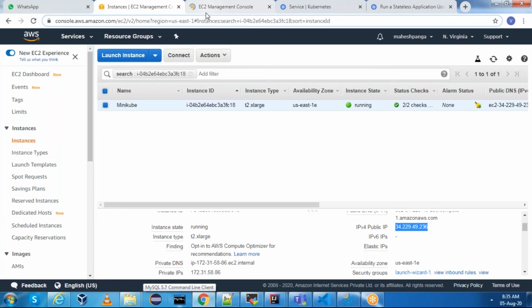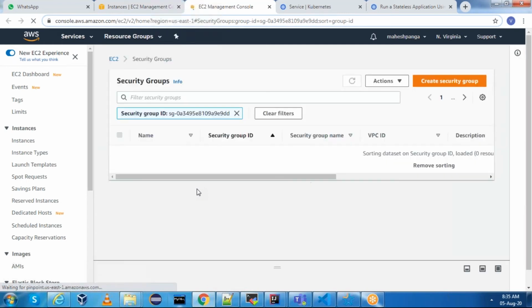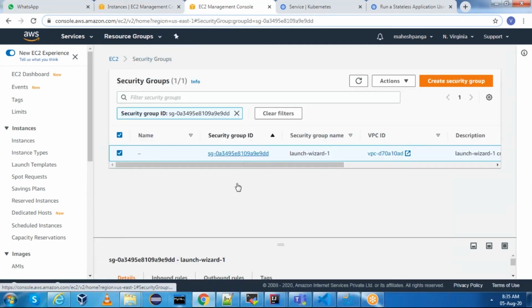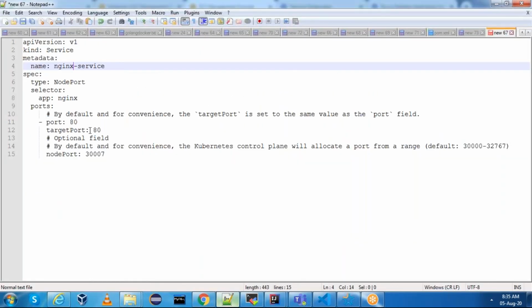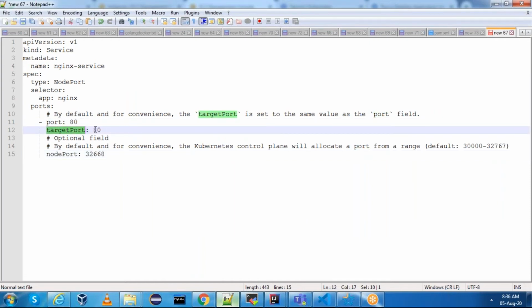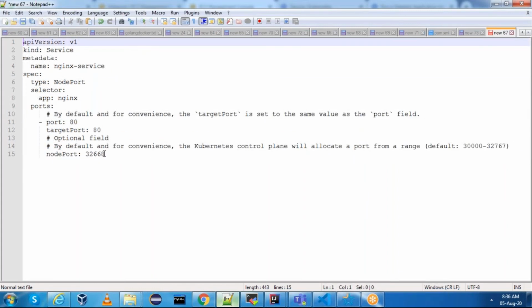I'll run on the same port so that we don't have to add again. Which port is it already running? We allowed some static port. What is that port? 32668. I'll allow that. 32668. Okay. Port is 80. Target port is 80. And node port is 32668. You can run like this as well.